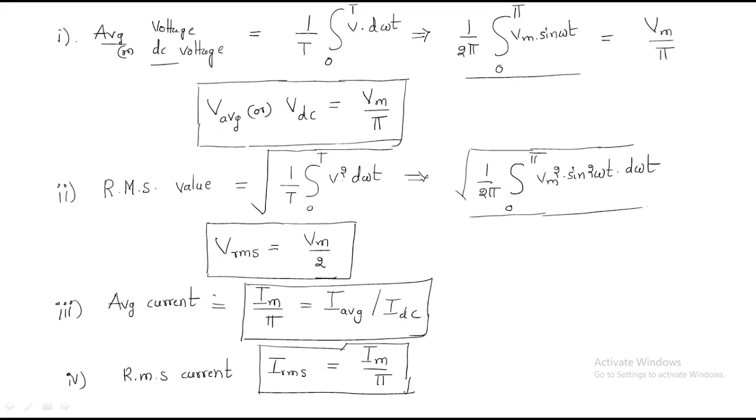And we will discuss some more points. The next is the peak factor. Another point is the peak factor. These factors give characteristics of the given circuit. Peak factor means peak value by RMS value. Peak value by RMS value.